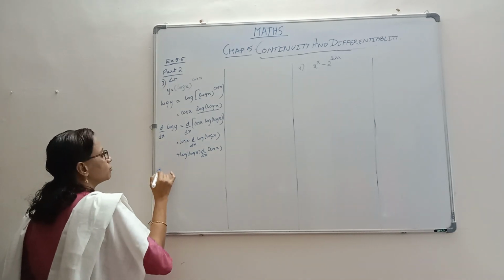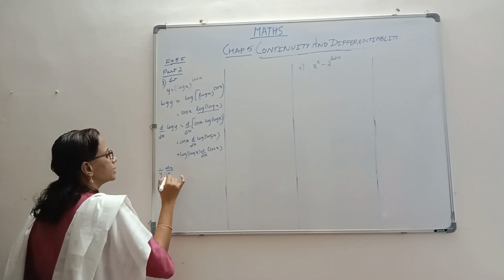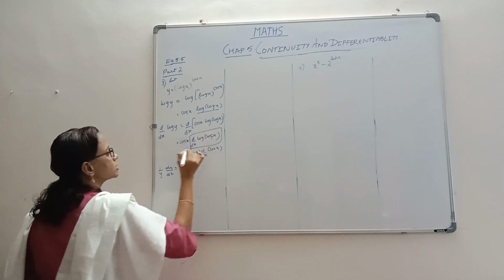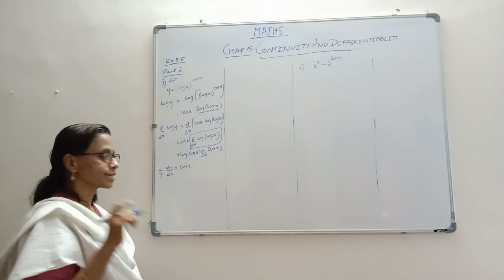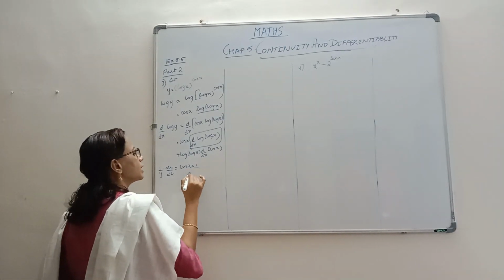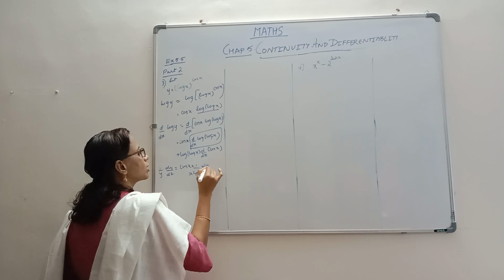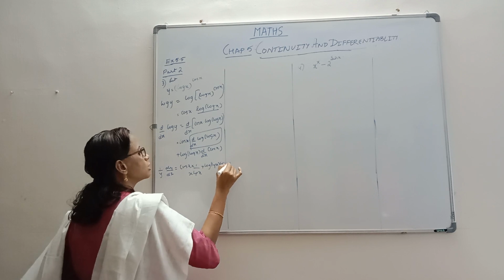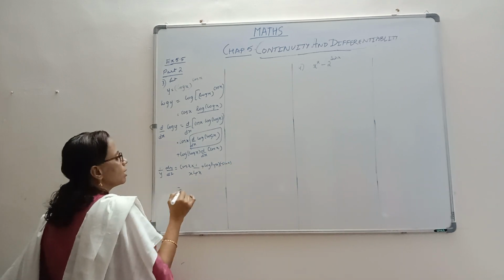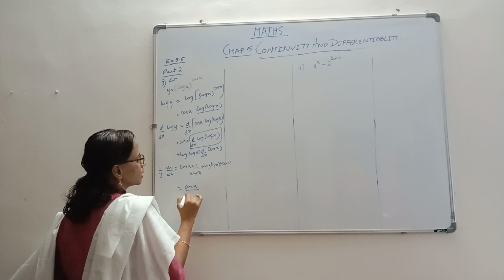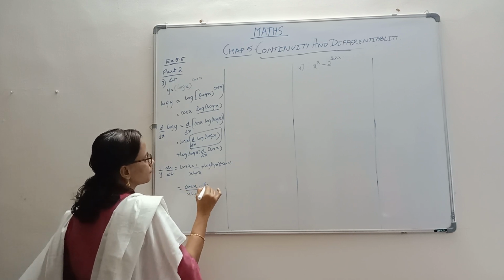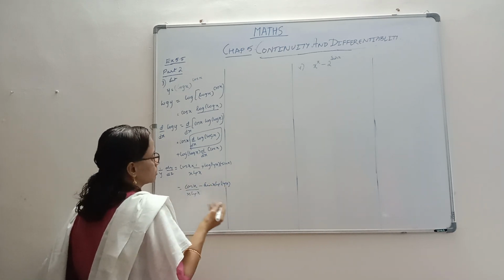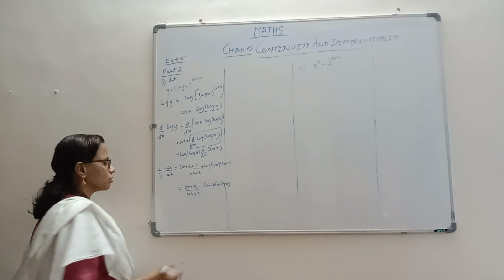On the left hand side, by now we are thorough that it is 1 by y dy by dx, and on this side cos x is as it is. You are finding the derivative of log x, which I said from the previous exercise is 1 by x log x. So this is 1 by x log x. This log x is as it is, and the derivative of cos x we all know is minus sin x. So like that we will bring things together, and we are now getting cos x by x log x minus sin x log x. You can keep it like that if you want.